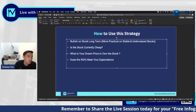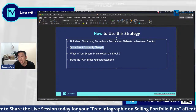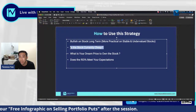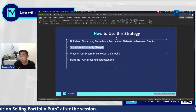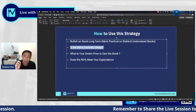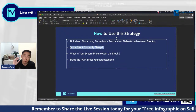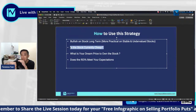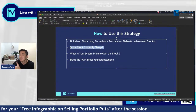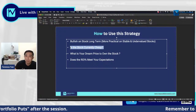Now next. The next question you should ask is, Terence, I found a great stock. Right now, when you see the stock price, do you consider this price as fundamentally cheap? I'm not going to go into all the valuation models because this session is not built for that. But the simple thing is you have to consider at this price right now, is this stock considered cheap? Because when you sell put options, when the stock goes down, you potentially have to buy the stock. So why would you want to do this when a stock is considered expensive? Agree? If a stock is very expensive right now and then you sell the put option,